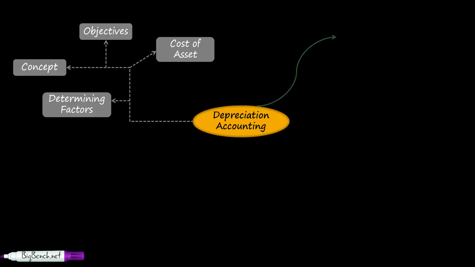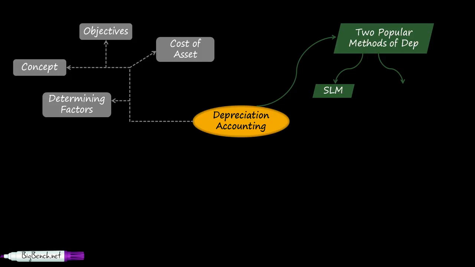So till now we have learned the concept of depreciation, the determining factors and objectives of depreciation, and how to calculate the cost of asset. In that we learned the concept called capitalization of expenses. The next step we are going to learn is the two most popular methods of depreciation, that's SLM, which is